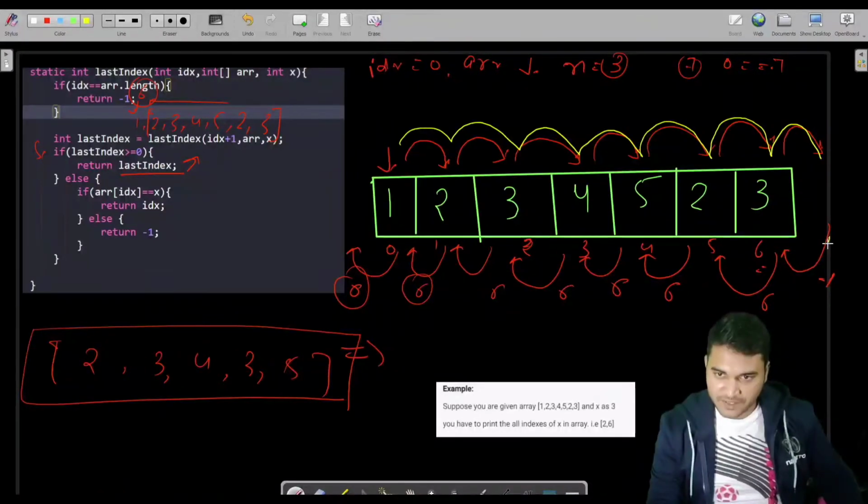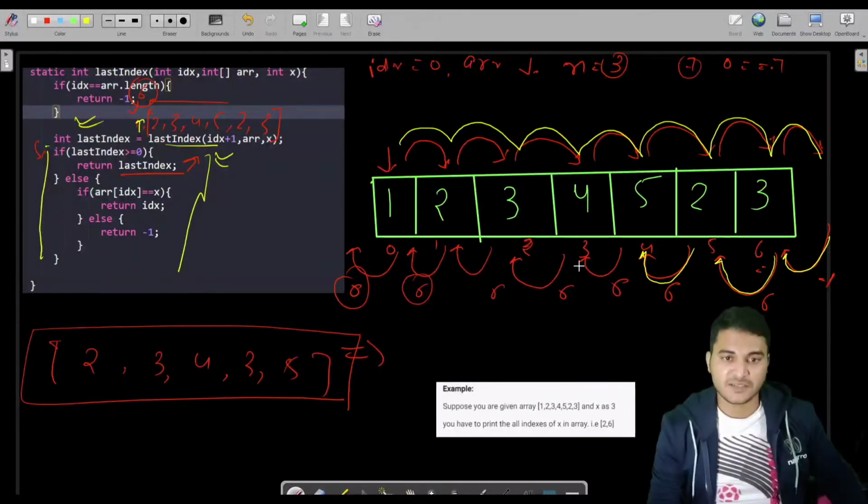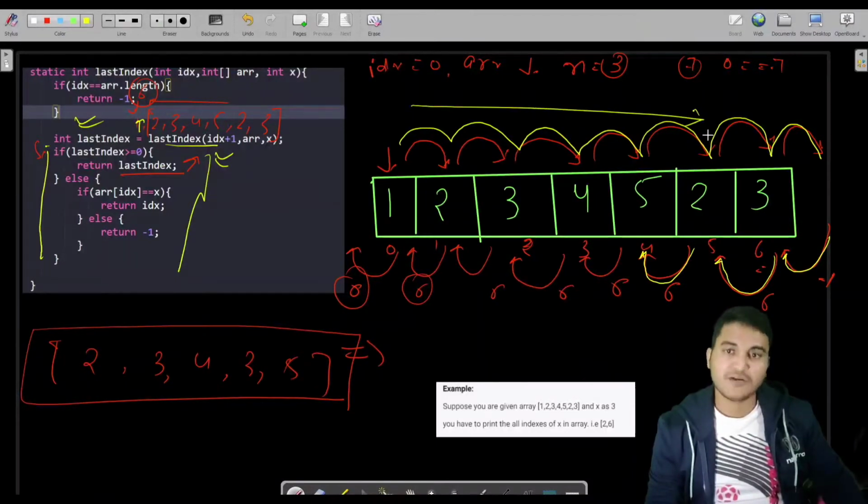But whenever we were returning from our array, we were doing some sort of work. We had written a statement: before calling this, we are not doing anything, but after calling this, we check whether it is returning the index. Why I'm explaining this is that we will do some work while going into the depth, and we will do some work while coming back from the depth of the array. Fine. So that was the main motive.